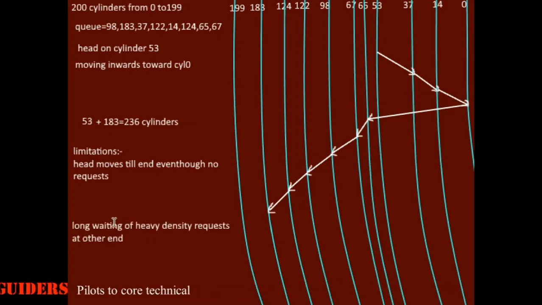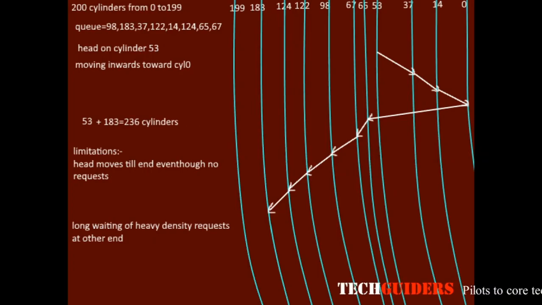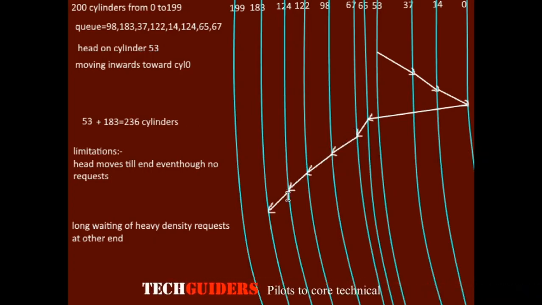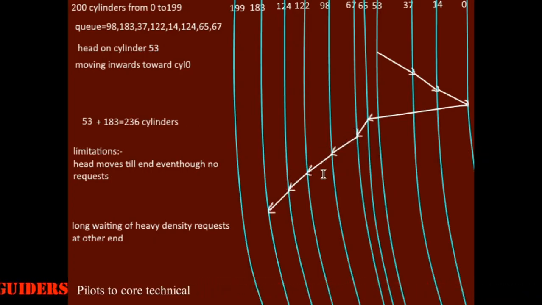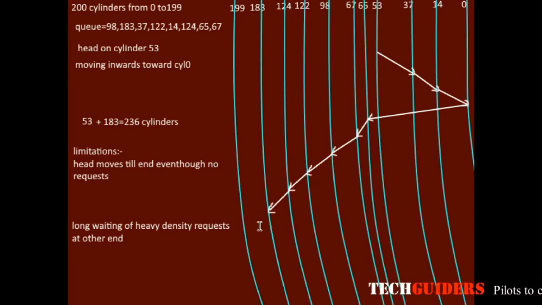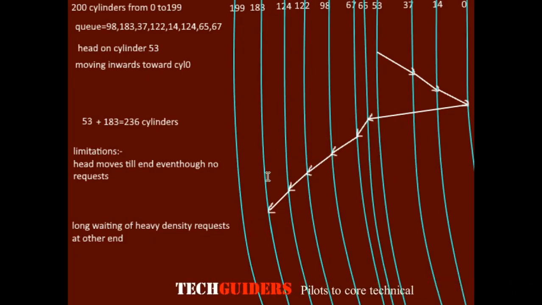Now to understand the next problem of this algorithm, assume a uniform distribution of requests across the disk. We know that as the head proceeds from one direction to the other end, all the pending requests in the queue will be serviced, as well as even if some new requests arrive for the cylinders it comes across before the head, such requests will also be serviced. This means by the time the head reaches the other end, almost all requests in this region will be serviced.